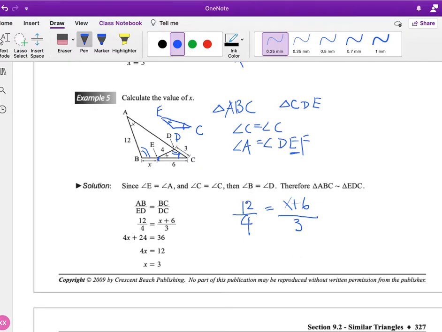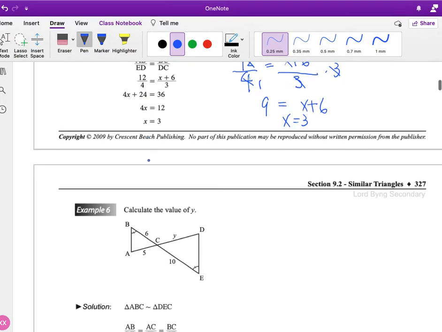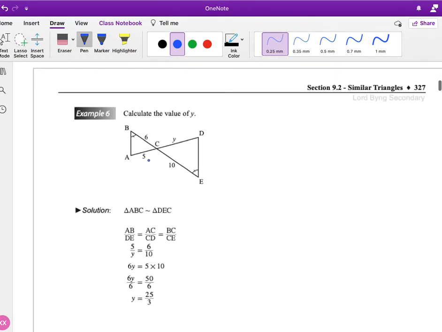Now, first of all, this can be reduced, and that is 1, and that is 3. And then multiply 3 on both sides, so that cancels, then x plus 6 on this side equals 9. So x equals 3. That's how you calculate this x here, okay? I think I probably can just stop here, but